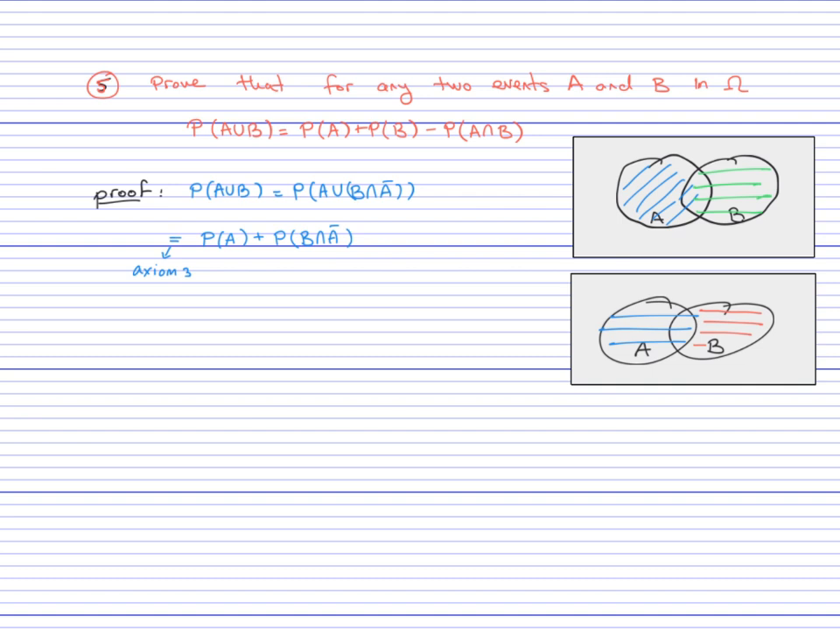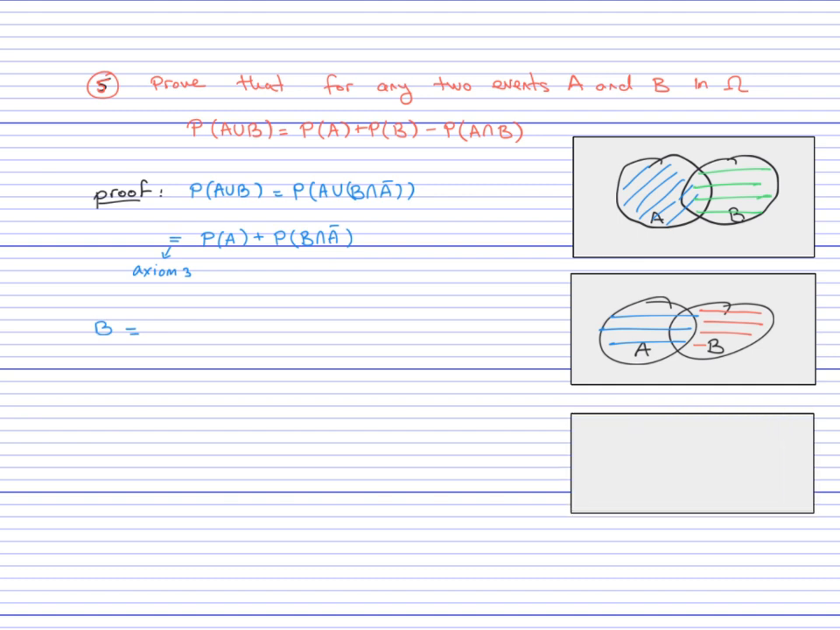So let's look at B. I'd like to write the event B, again, in a way that it's the union of two disjoint events. So again, let me draw a Venn diagram, A and B. How exactly can we write B as a union of two disjoint events? Okay, so let's see. First, we can take the intersection, and then we can add to it this part,